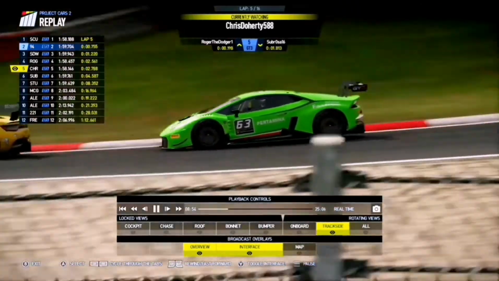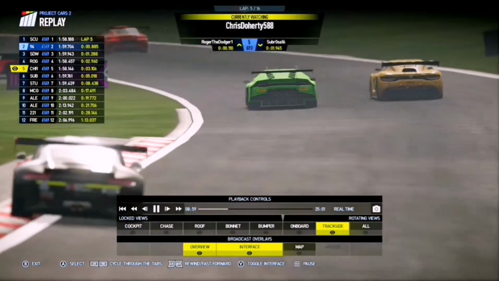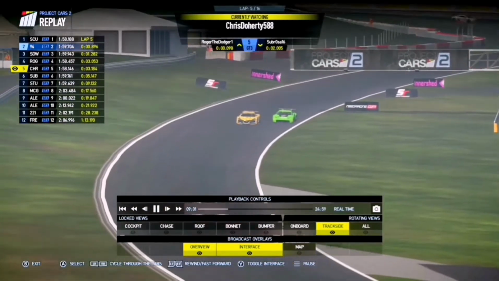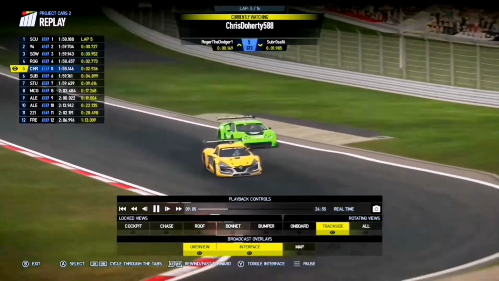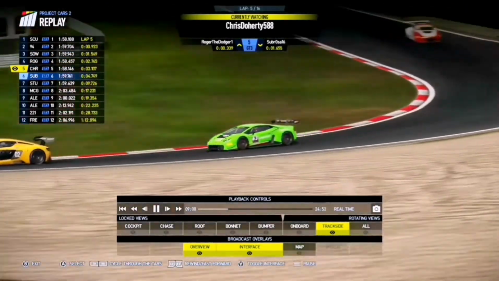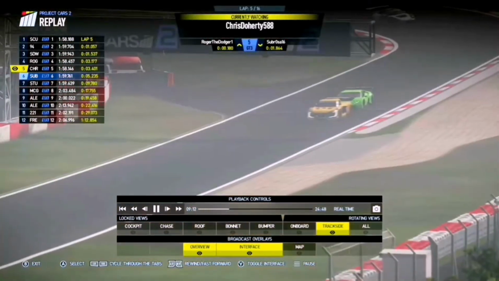Absolutely fantastic stuff there from Roger the Dodger, newcomer to this league, let's not forget, in that Renault, and he's battling with one of the most successful drivers in this league, Chris Doherty, who is a real life racing driver as well, let's not forget. So he's very experienced, and a great little ding-dong between these two, and I think we can expect more of the same